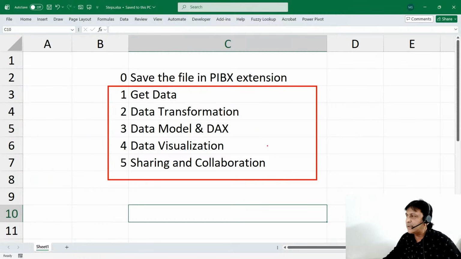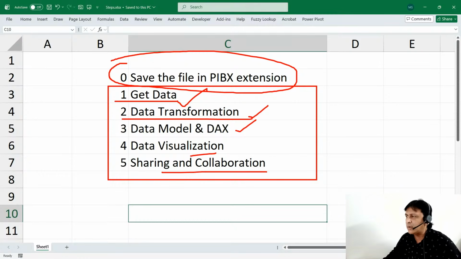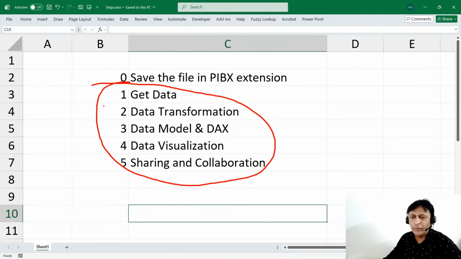And I can say there are total 6 steps. So very first thing is you have to save the file in a Power BI PBIX extension. Then there are 5 steps involved: get data, data transform, data model and DAX, data visualization, sharing and collaboration. Now, किसी भी Power BI की रिपोर्ट को अगर आपको बनाना है तो you have to follow these 5 steps,